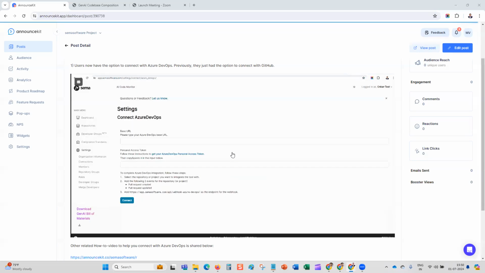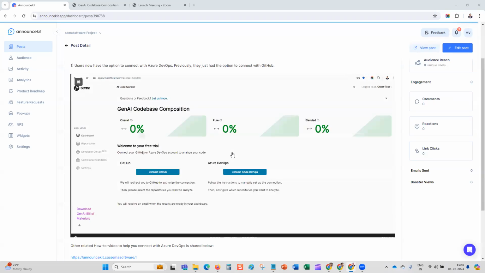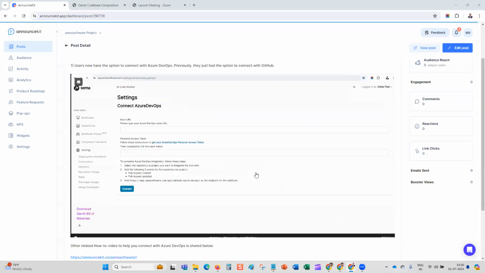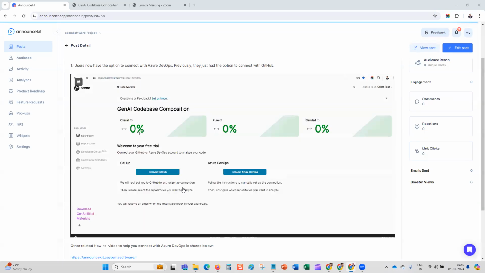Number one, users now have the option to connect with Azure DevOps. Previously, they just had the option to connect with GitHub. You see over here, connection with Azure DevOps is there, and then there are certain steps that you can follow